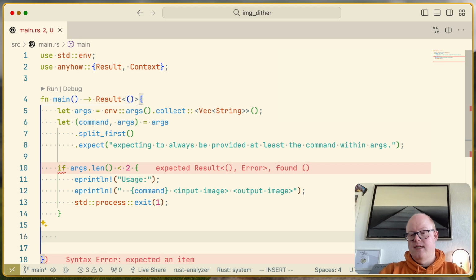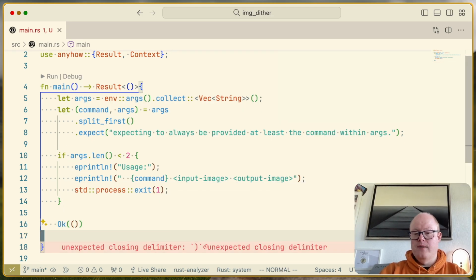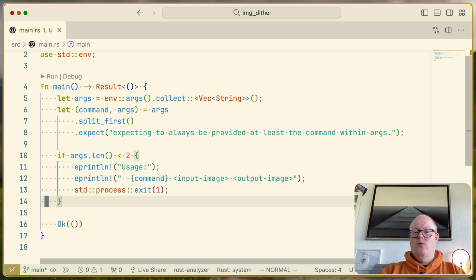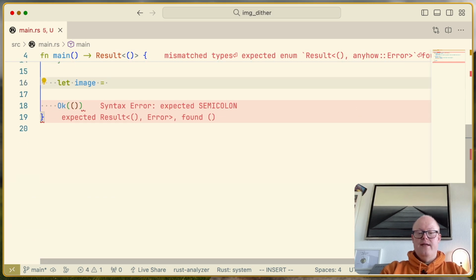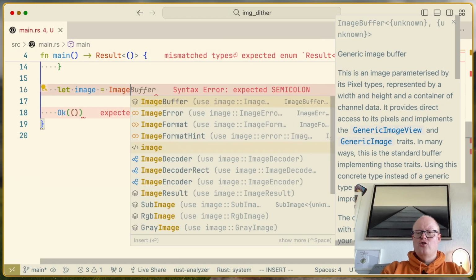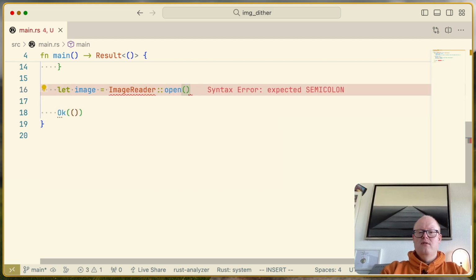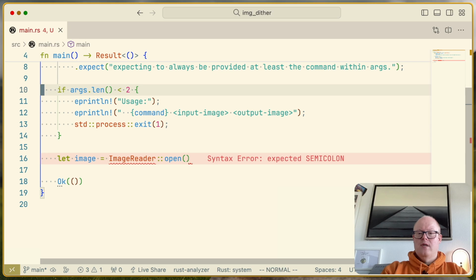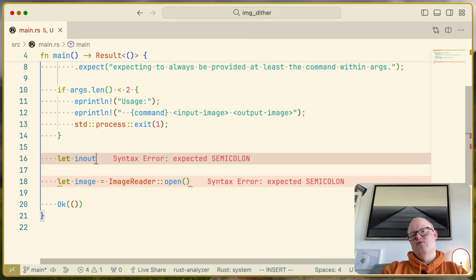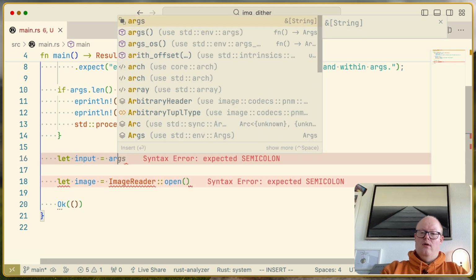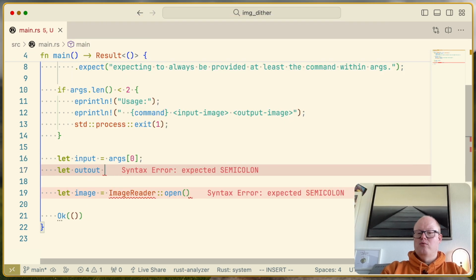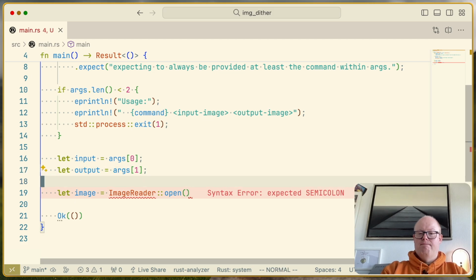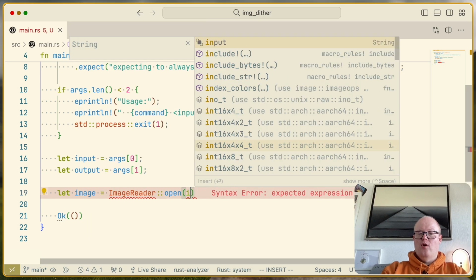And yeah, of course, you need this one there, and this one goes away. So yeah, this should actually work then. So let's do something like let image, maybe scroll this up a little here. What was it now? It was the image reader open, and yeah, maybe we can do something like let input equal args 0 here, and let output equal args 1 here, and let open the input